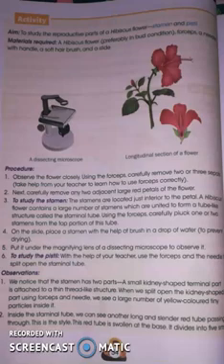So we'll take a slide, a glass rectangular shape. Sometimes round shape is also there. We'll place the stamen on it with the help of a brush, and then under the magnifying glass we'll observe it. Next, we'll study pistil also. Pistil, the long tube, we'll split it to see style and the ovary and the ovules, right?